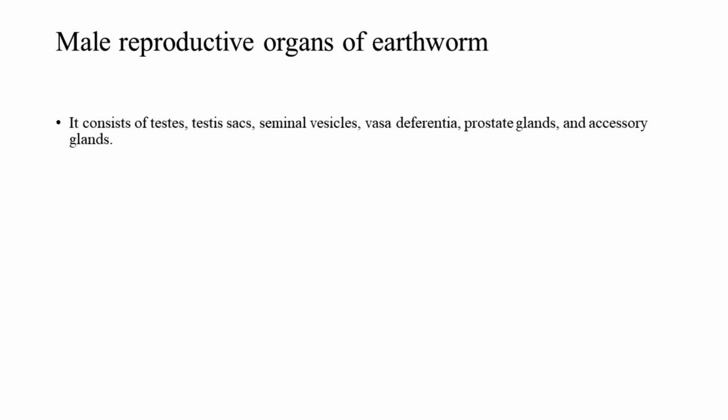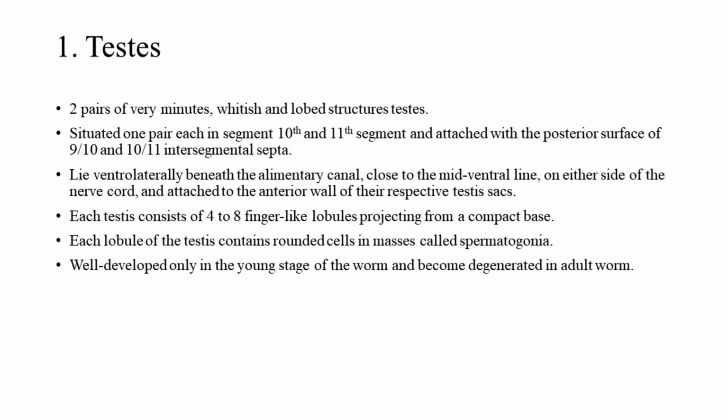Male reproductive organs of earthworm. It consists of testes, testis sacs, seminal vesicles, vasa deferentia, prostate glands, and accessory glands. 1. Testes. 2 pairs of very minute, whitish and lobed structures. Situated 1 pair each in the 10th and 11th segments and attached with the posterior surface of the 9/10 and 10/11